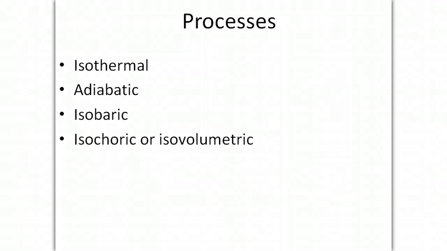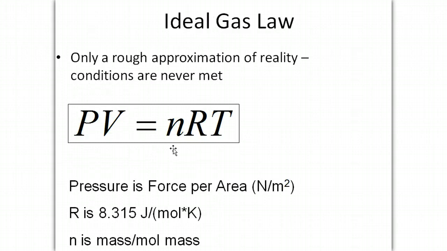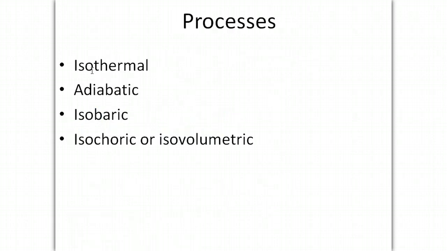Alright, today what we're going to do is study some processes that involve this ideal gas law, PV equals nRT. And last time we discussed how the pressure times the change in the volume is really the same thing as the work, which can lead to changes in the kinetic energy represented at least in part by the temperature. And so these are the processes that we're going to go through, and there's isothermal, which just means same